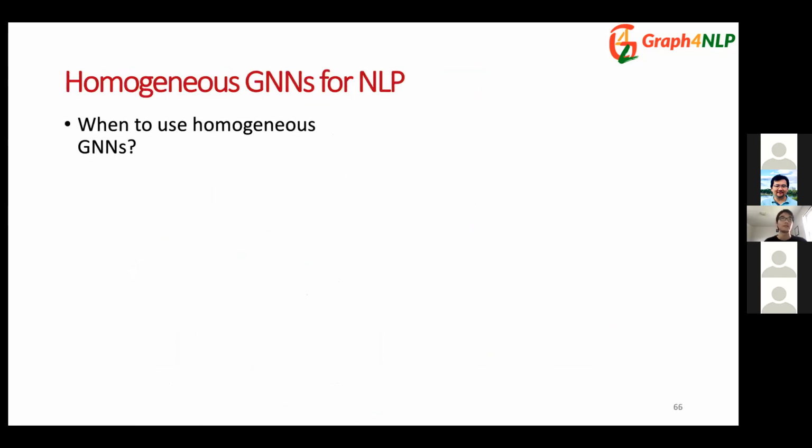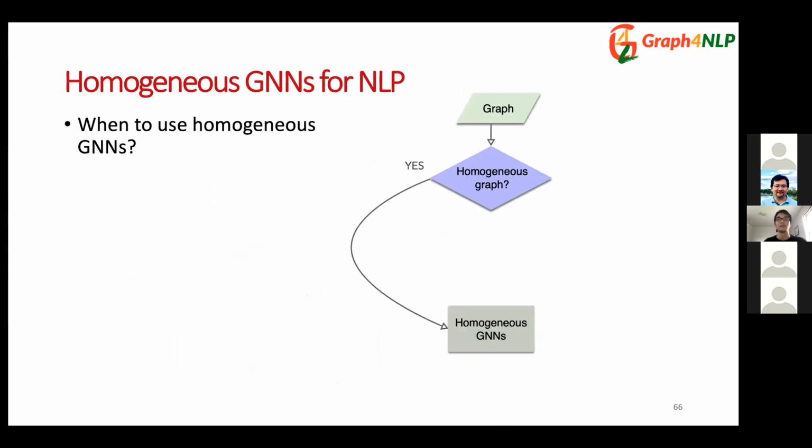So in the next few slides, we will introduce each of the three scenarios specifically. So first, let's talk about the homogeneous GNNs. So when to use homogeneous GNNs? Given a graph, if it's a homogeneous graph based on its definition, then we can definitely apply a homogeneous